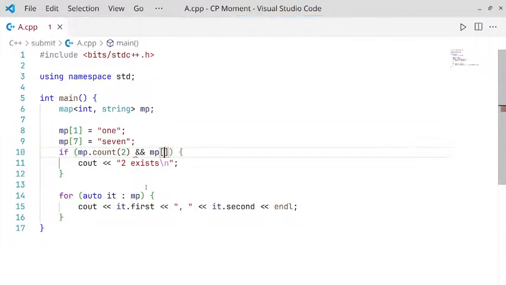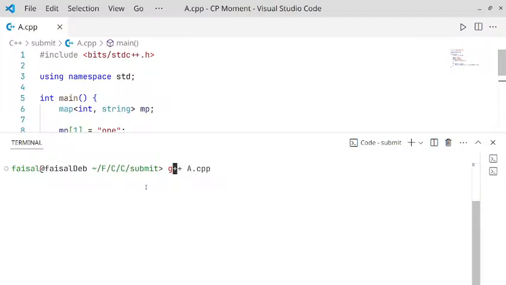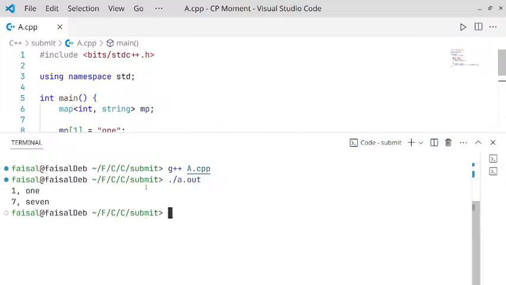So in this case, when you use count of 2, it does not print it. So it's only 1, 1, 7, 7. Count returns if that